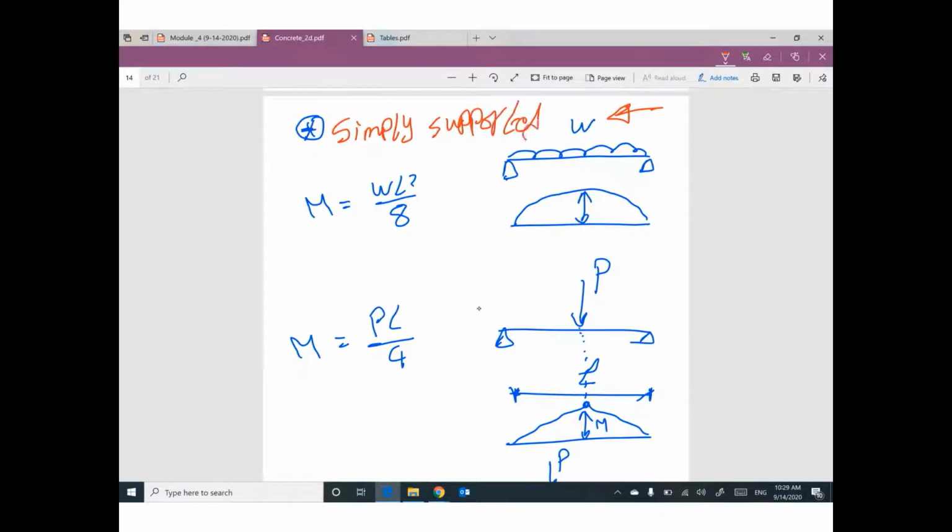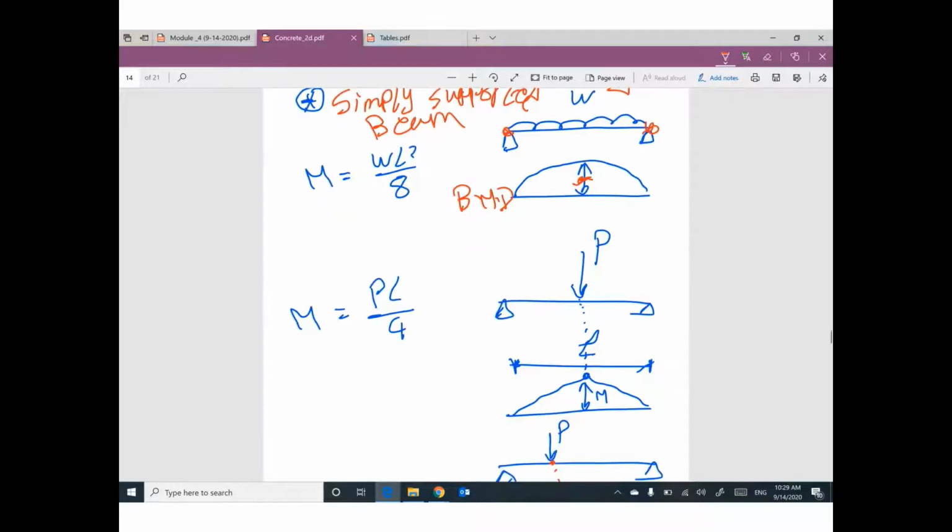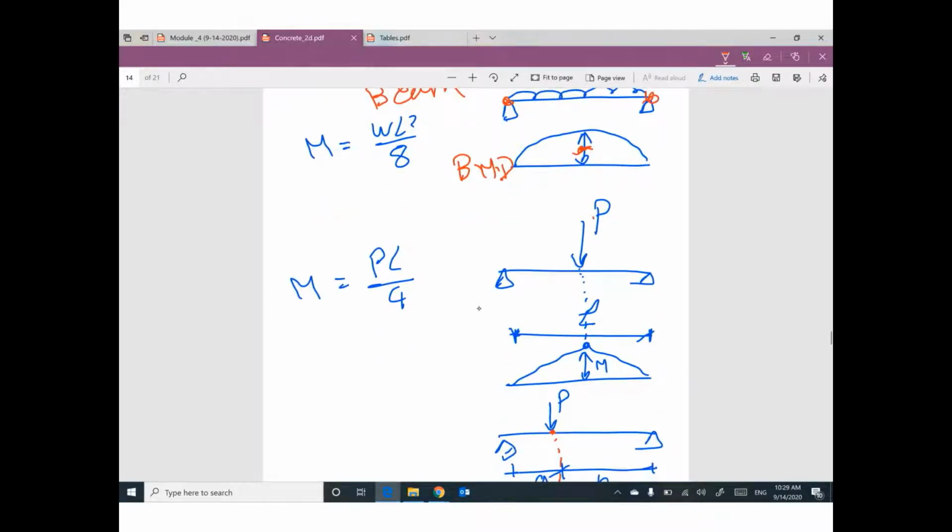So, a beam supported by 2 supports only. If you have distributed load, your moment looks like a parabola. Your maximum moment here is WL square over 8. If you have concentrated load at mid-span, your moment will be a triangle. The vertex of the triangle is at the location of the concentrated load, which is at the mid-span,